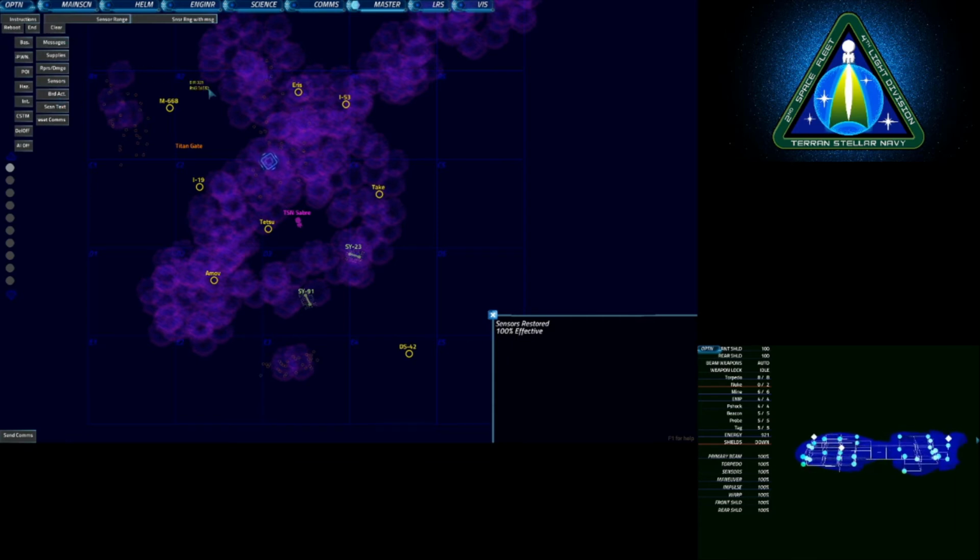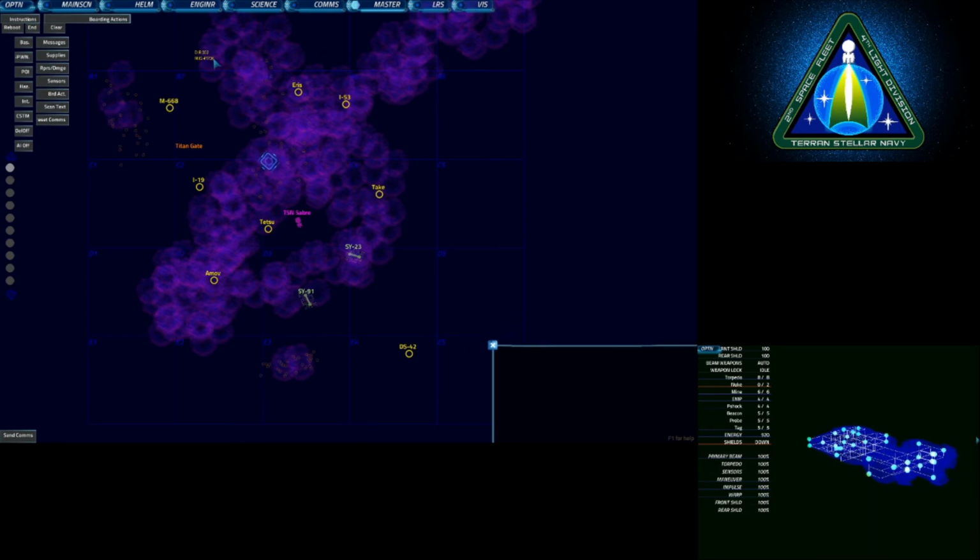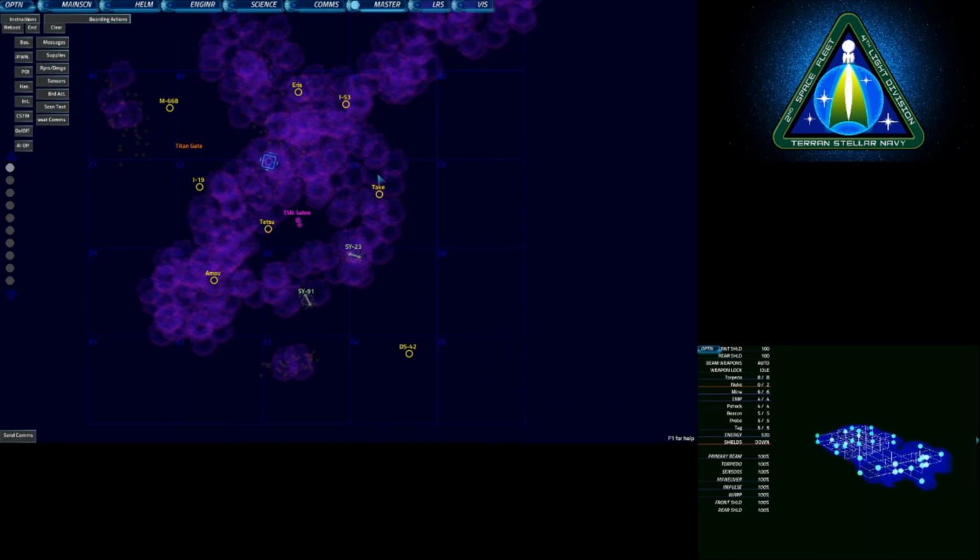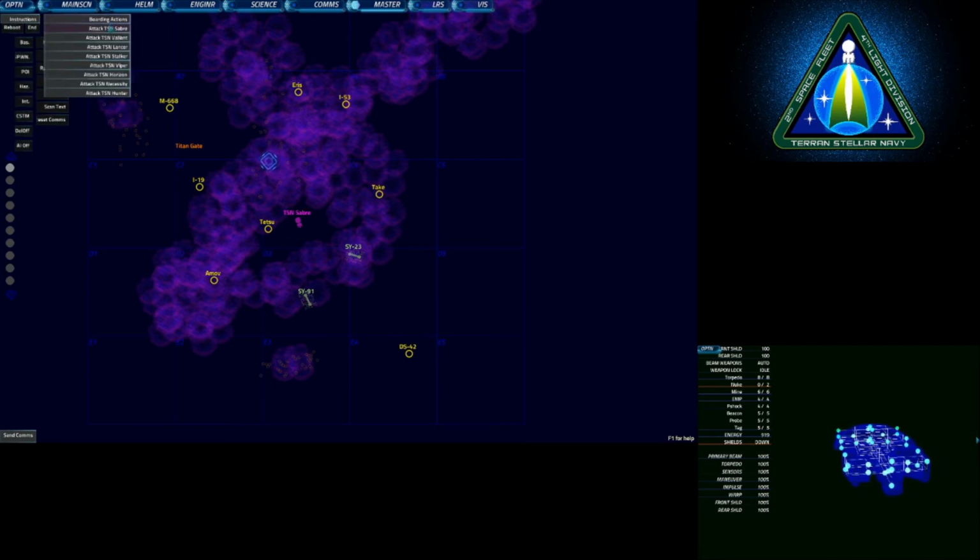Boarding actions, the next one. So boarding actions is a way for you to simulate intruders on a TSN ship. In the menu you can select which ship will have the intruders. Obviously we've only got the TSN Sabre, so I'll be selecting the TSN Sabre, and it starts off as a